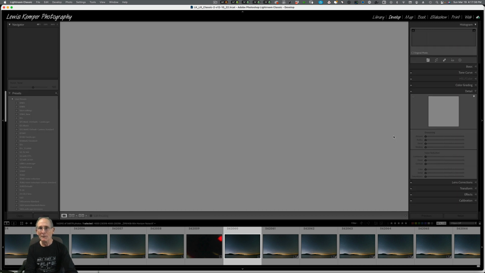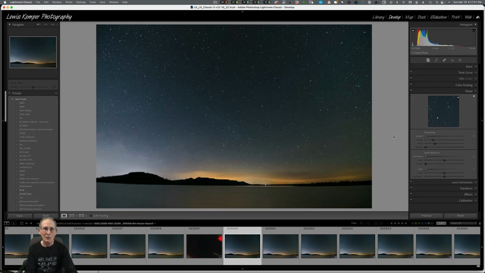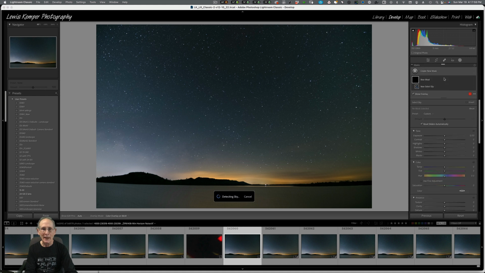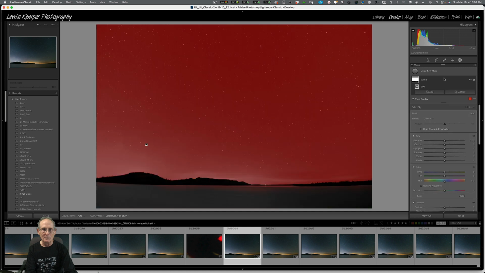And now I'm going to go into the develop module and see if I can bring out that Milky Way a little bit. So the Milky Way is here. And what I like to do to all of my night images is start off with a little bit of dehaze and clarity. So I want to apply that to the sky. So I'm going to see what happens if I find sky with the mask. It did a pretty good job, but it cuts into the ground a little bit here. So I'm going to subtract